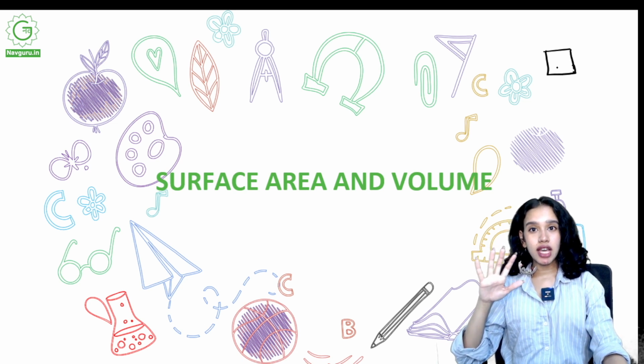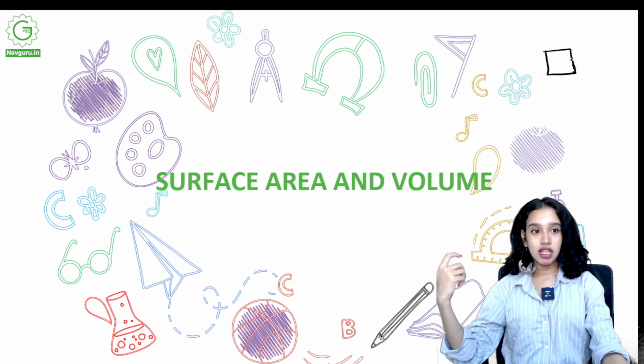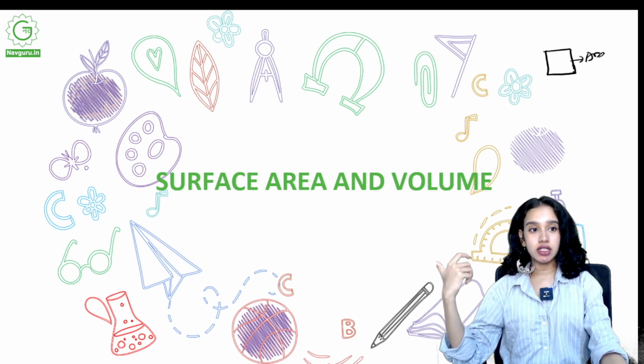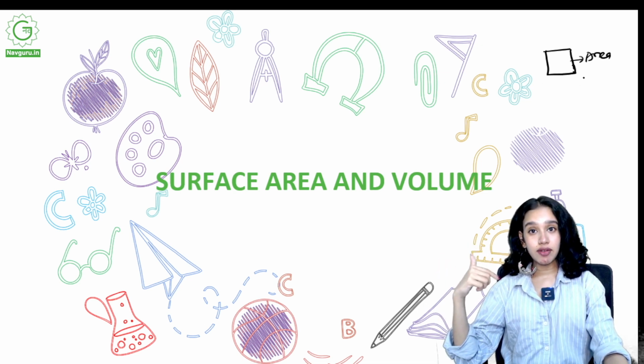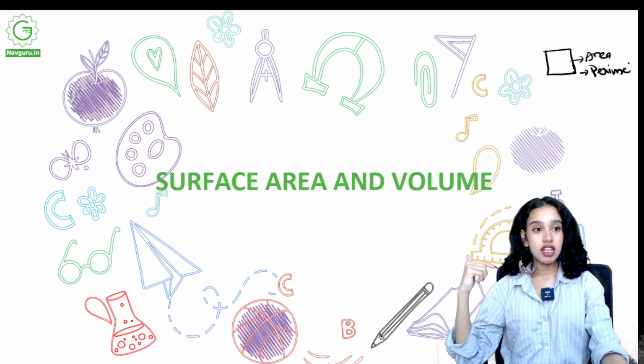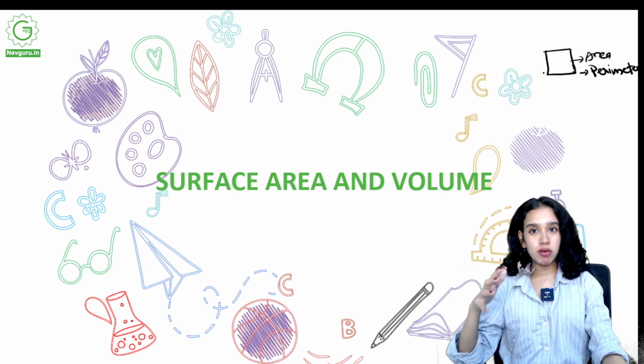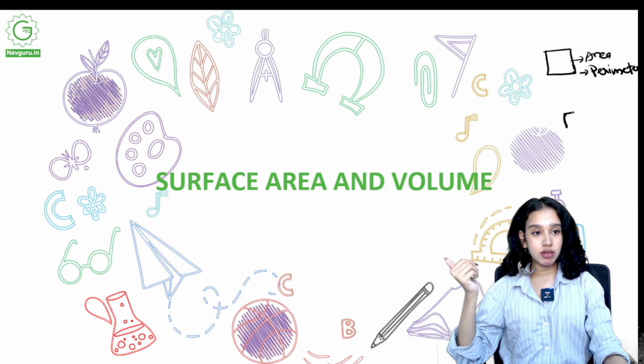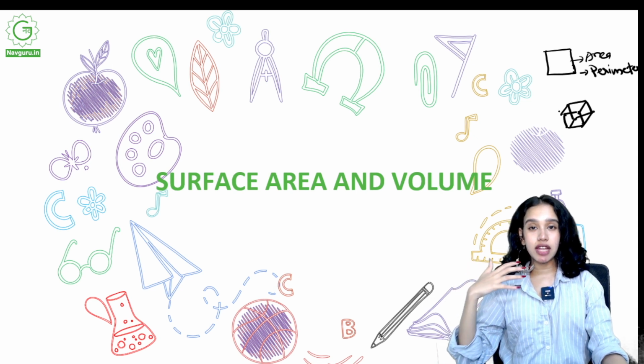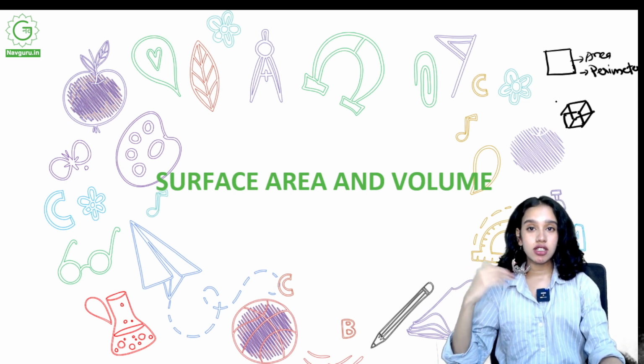How do we explain the area enclosed by this? Then we use the area of the figure, right? And when we are talking about the boundaries, we have the perimeter of the square, right? Now, when I am transforming this square into a three-dimensional object, this square becomes a cube, which needs three coordinates to explain